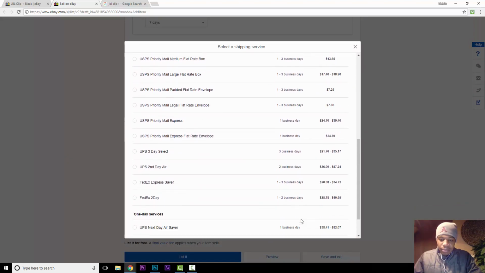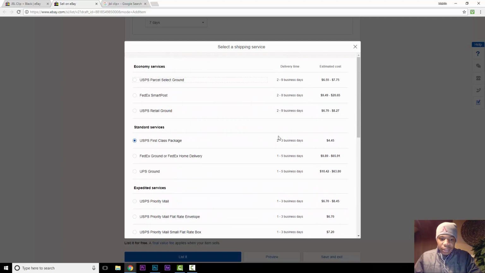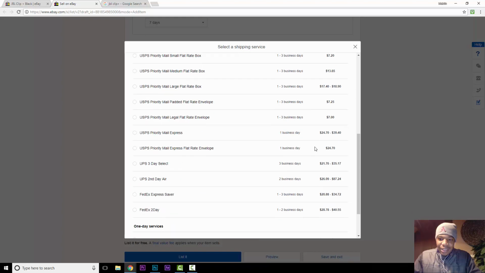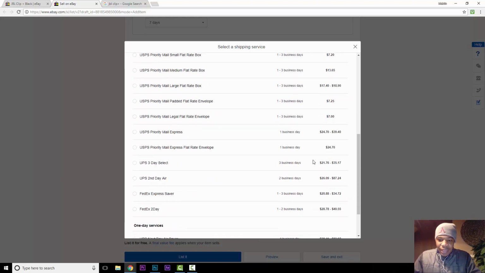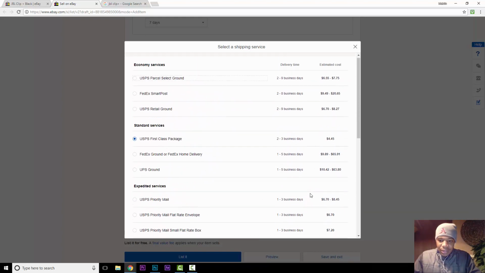And there's like a billion different options for you here. Now it's weird, but smaller items that are a lot more lightweight are super cheap on USPS First Class, 2 to 3 business days. It's like $4 and some change, versus the standard UPS, which is like 2 to 9 days and like $7. You know what I mean? So you want to find the cheapest